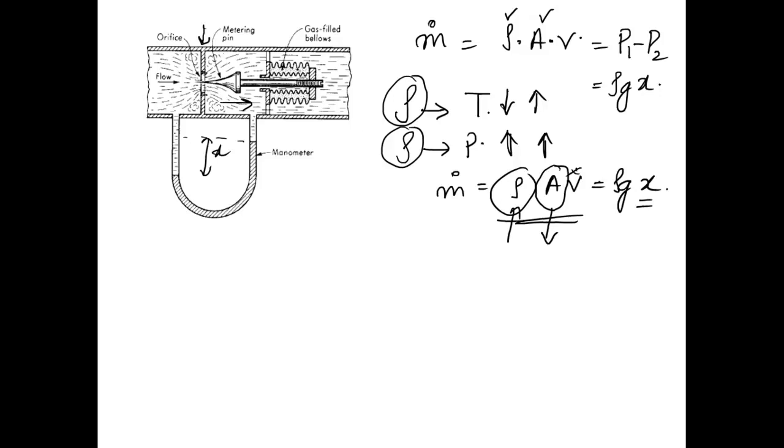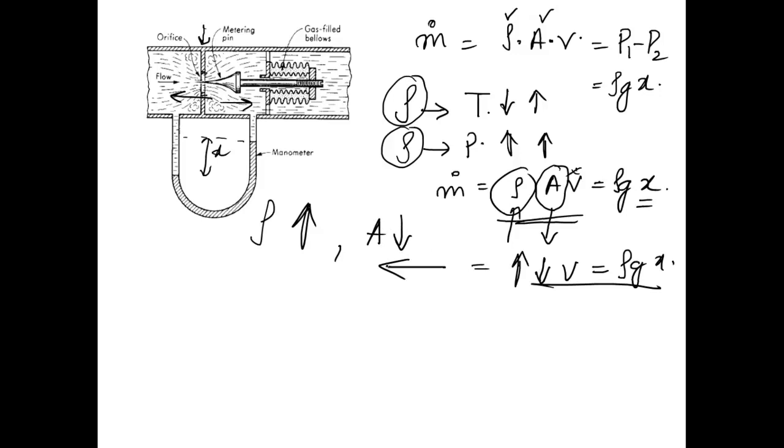So there are some gas filled bellows, and then there is a screwed shaft with which this metering pin is connected. So the moment temperature of this gas decreases, we have an increase in the density, and as the density increases, this gas filled bellows contract, and then they push this metering pin towards the left side, which decreases the area. So if the density increases, we decrease the area correspondingly, and almost get the same value. Similarly, if the pressure increases, density again increases, and we can always decrease the area by pushing the metering pin again to the left side.